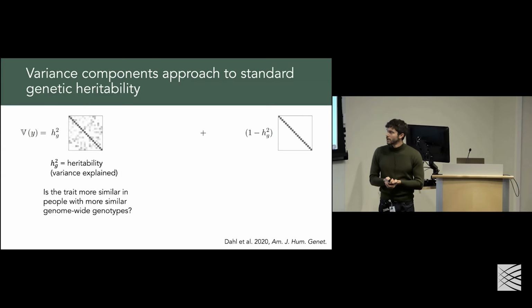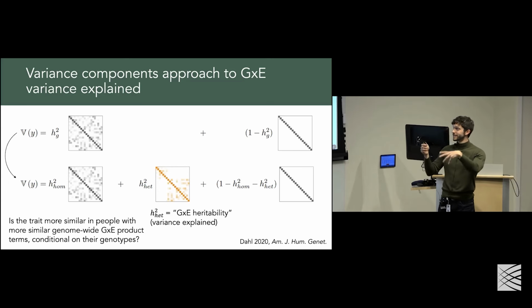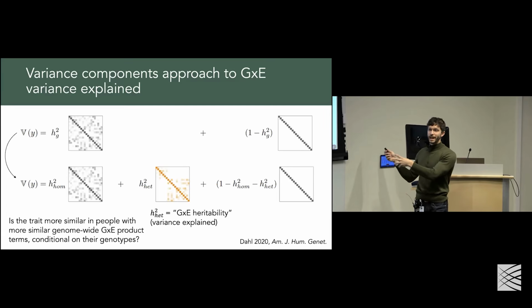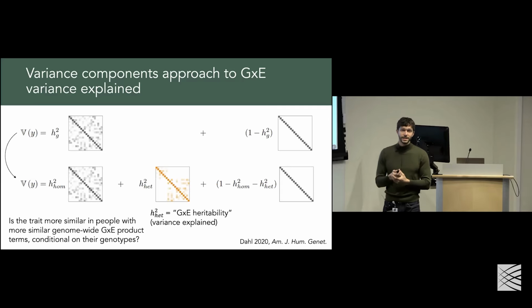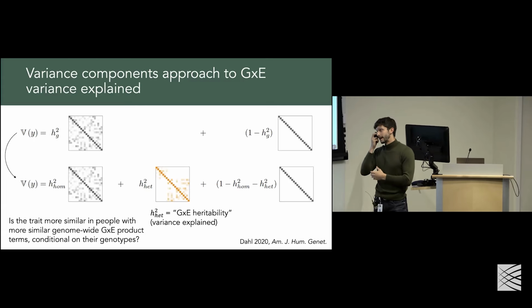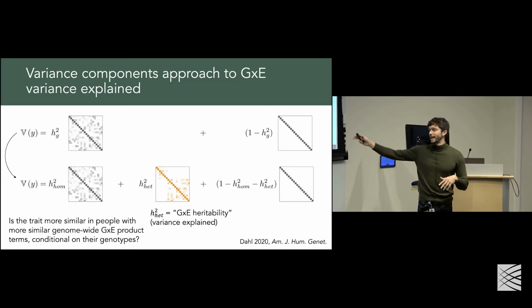So if we expand this model to include 2 types of matrices now, we can build this out into something that allows us to make a similar type of conclusion about G by E. So here we introduce this notion of the variance explained in the presence of that same main effect heritability term. We add an additional term for this, what we might call the G by E heritability, or I'll refer to it that way. And here, essentially, we're asking the question, when we estimate this H squared, the het here,